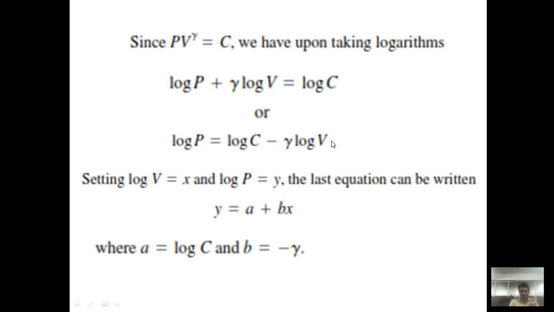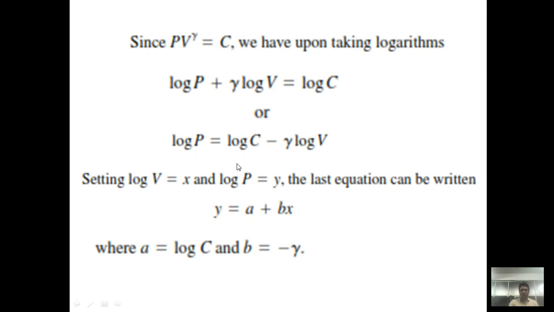So this equation can be reduced to log P, that is y, on the left hand side. This is equal to a, where we assume a is equal to log c just for the sake of convenience. Otherwise there is no need to assume a is log c. But to get the standard form of a straight line, y is equal to a plus bx, we write a is log c. Otherwise a and log c are the same. So the left hand side log P is y. Now the right hand side first term is log c, but we assume log c is a, so the first term is a.